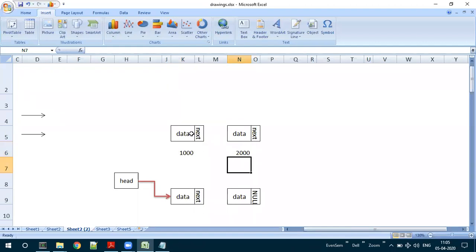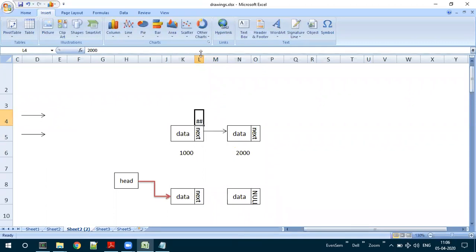Now, if these two nodes are connected to each other, that means the first node is connecting to the second node only when the next part, the second field of the first node, is pointing to the second node. If it is pointing to the second node, this next will contain the address 2000.